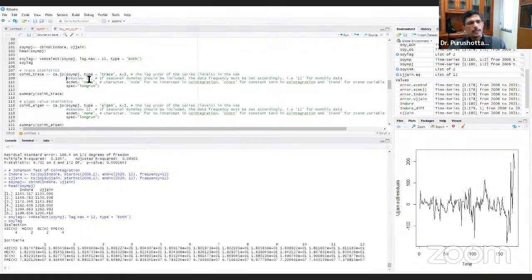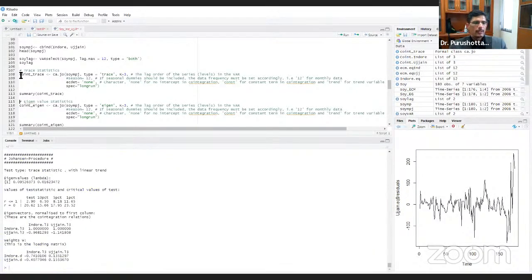You can put in season also. Since it is monthly we can give 12, but I'm not giving it. Then the error correction term configuration, whether it is constant or none. Then specs, whether it is long run or short run. So I'm going to test for this, and this Johansen configuration for the Indore and Ujjain market says that there is